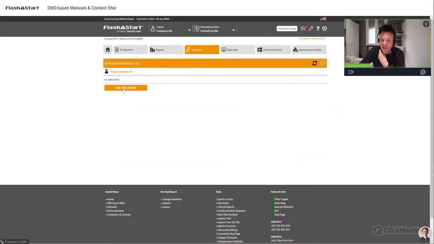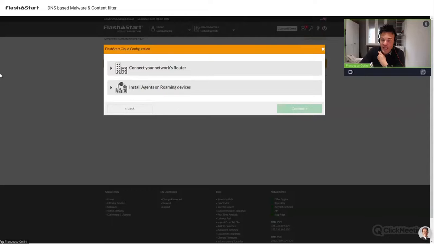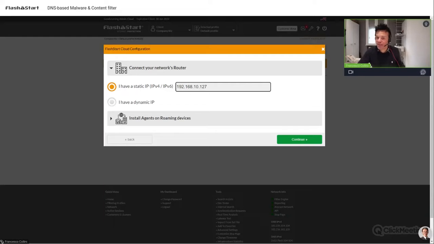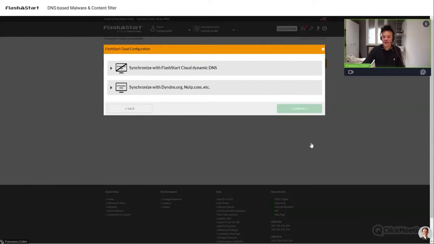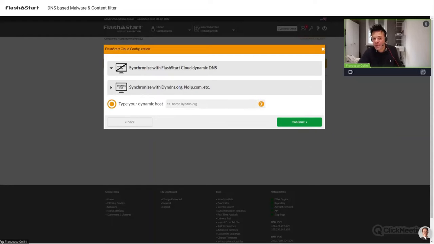Now, regarding the network, it's very easy to set up and roll out FlashStart. We can connect the router, simply pointing our DNS. We will need to set up our site, both from a static public IP. For example, if I have 5, 6, 7, 8, I can simply declare it. Or if I have a dynamic one, I can synchronize against our FlashStart Cloud dynamic DNS, or if I have a